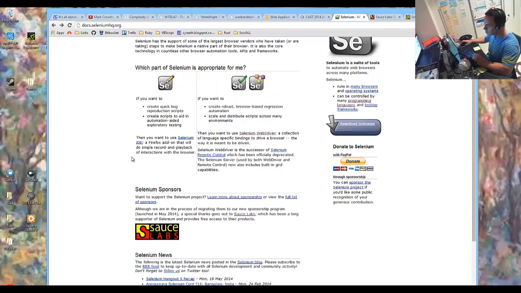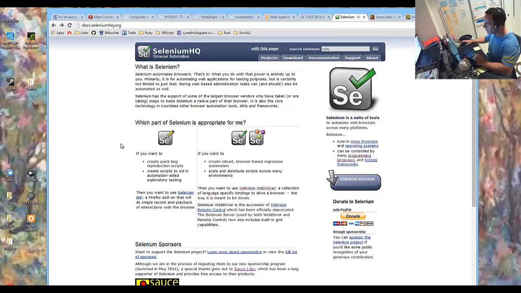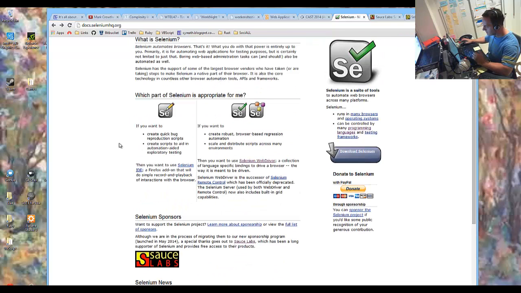And like I say, version 2, as some of you know, I used to play with version 1, but version 2 is the current iteration, and if I'm not mistaken, it's IDE plus WebDriver is version 2. I thought it was on here actually. Version 2 was not massively different. It just got rid of the remote control component, but hey, that's history now. Have a look at Selenium as it exists.